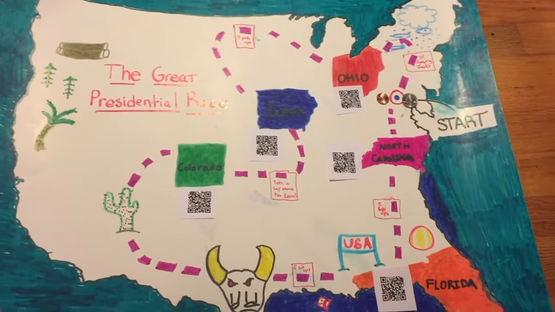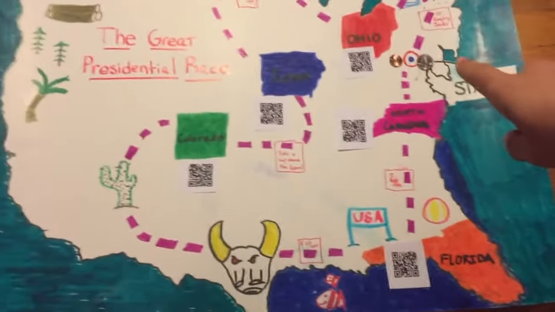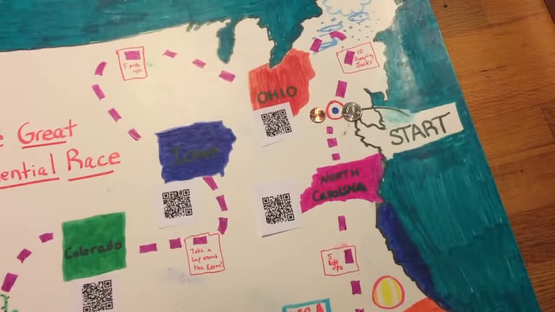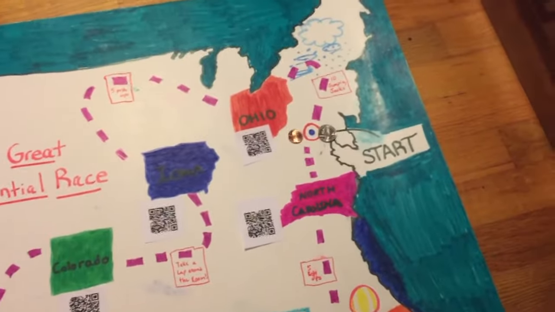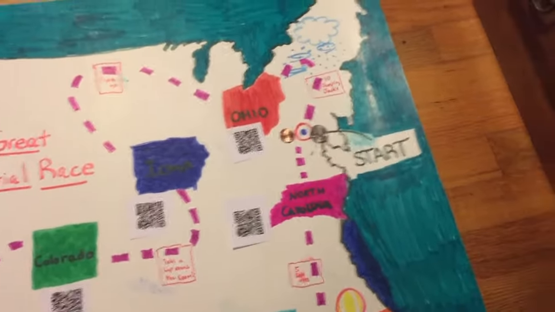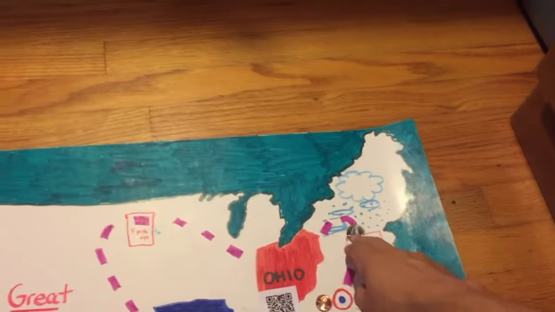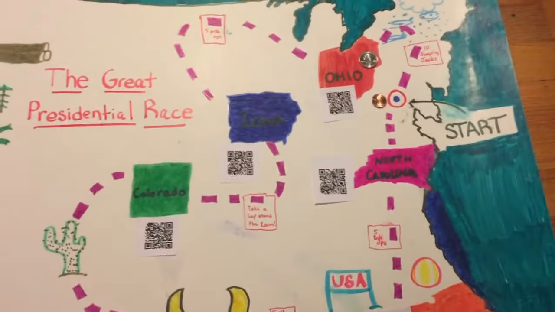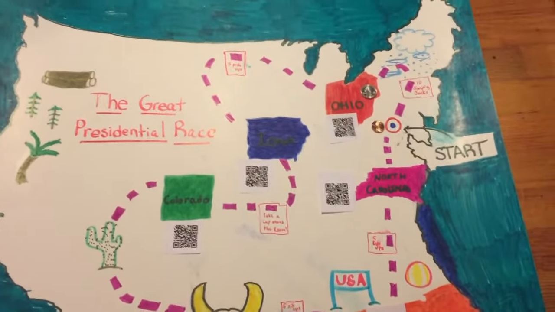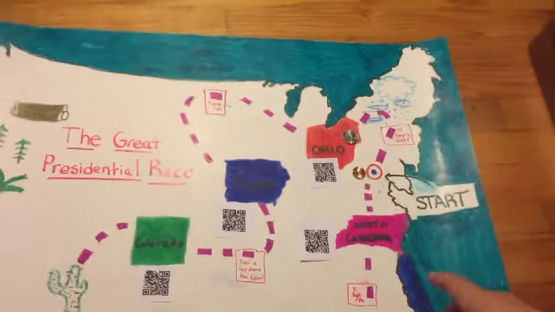Students will alternate their turns. So as you can see here, I have Abe Lincoln versus George Washington there at the starting spot, and let's just say that George goes first and rolls a 5. So he would go 1, 2, 3, 4, 5 and end up in Ohio, and then he would scan the QR code, complete whatever objective they have listed, and he would then wait for his partner Abe to